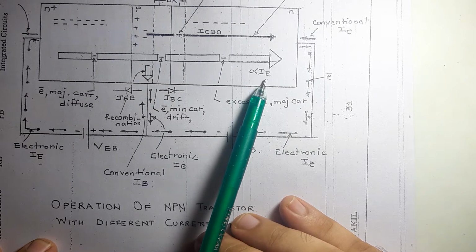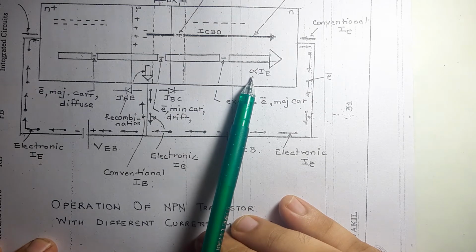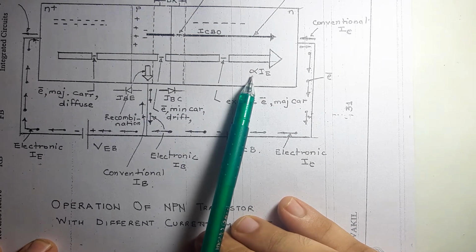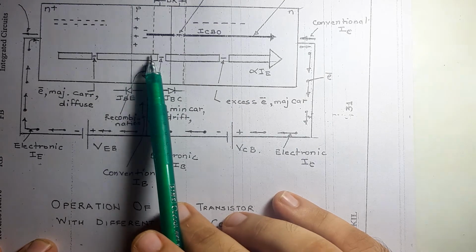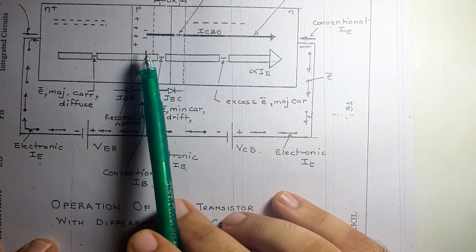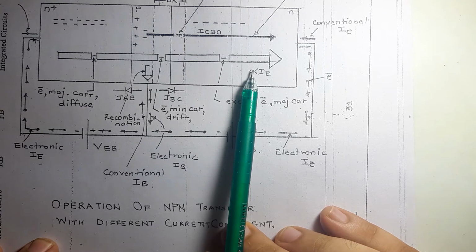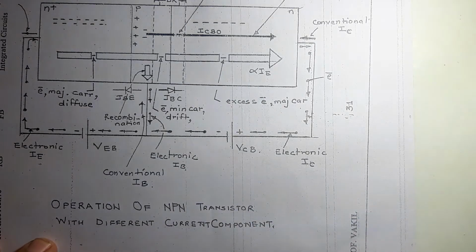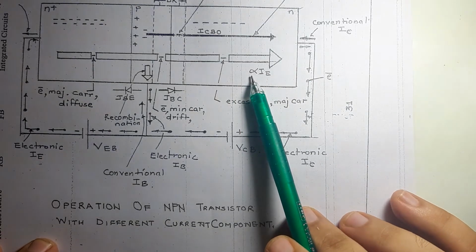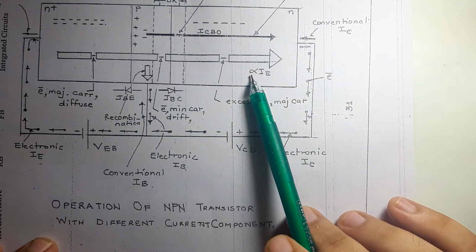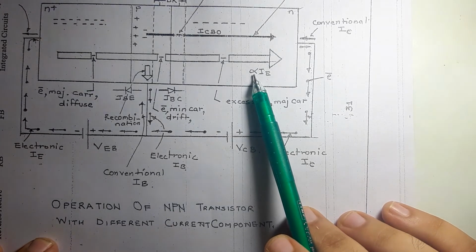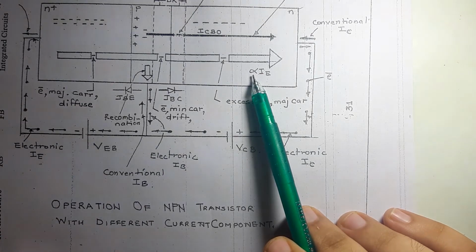Now a brain teaser question: can this alpha be equal to 1? No, never. This alpha can never be equal to 1. Why? Because some of the electrons are recombined over here in the base region. Hence your alpha can never be 1. It will be near to 1, but it can never be 1. Just like limit x tends to 2, we always say that it is tending to 2, about to reach 2, but it is never 2. Similarly your alpha is not 1, it is nearby 1. So the value of alpha is from 0.95 to 0.99. The range of alpha is from 0.99 to 0.95.